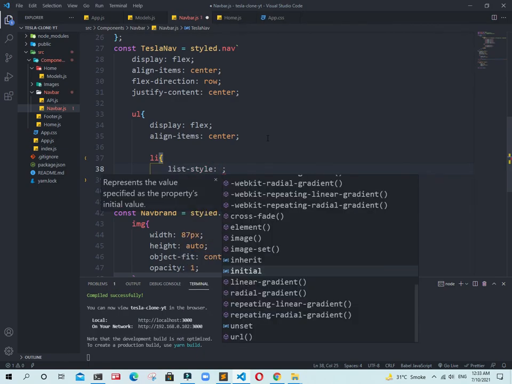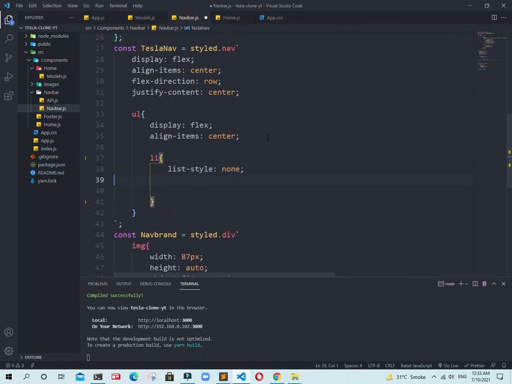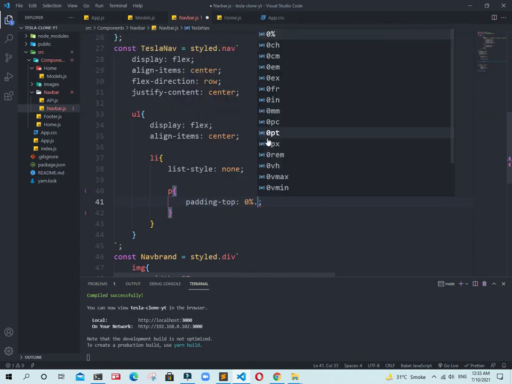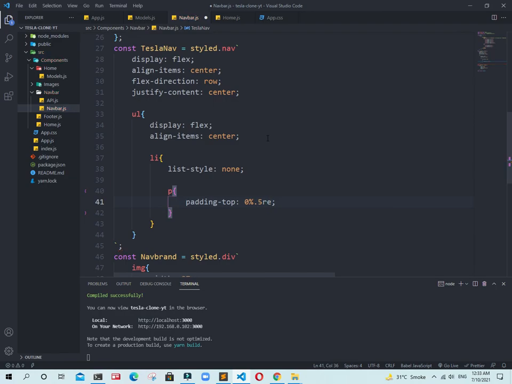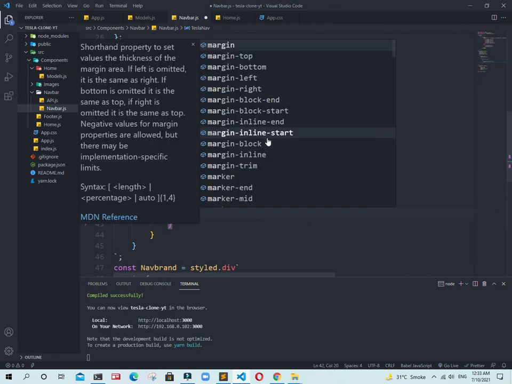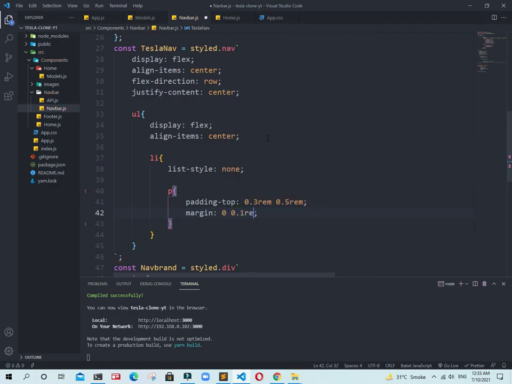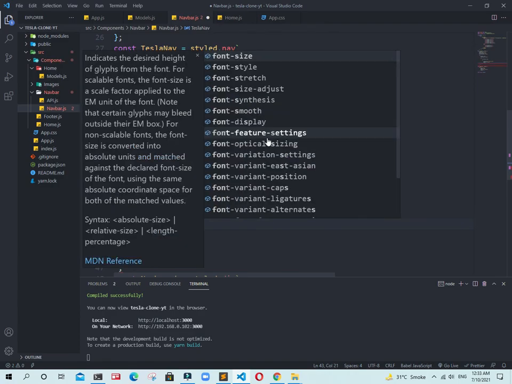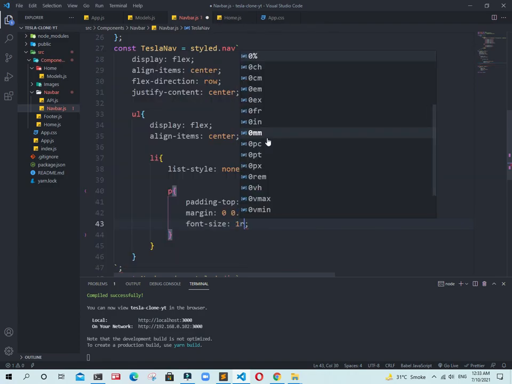There we need to write list-style-type none. Inside this li we have this p tag, and to this p tag we need to add some padding, 0.3 rem or 0.5 rem. And remove this one, add a margin there, 0.1 rem. And now add a font size, that will be 1 rem.